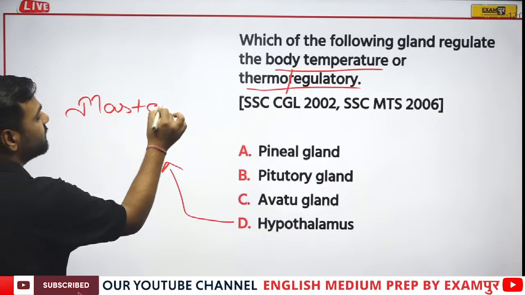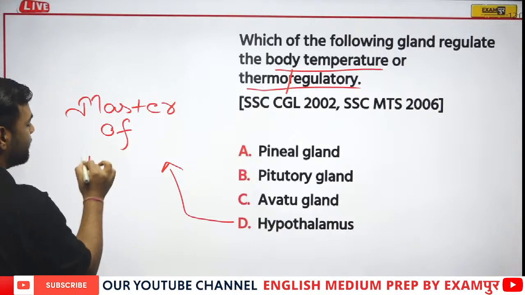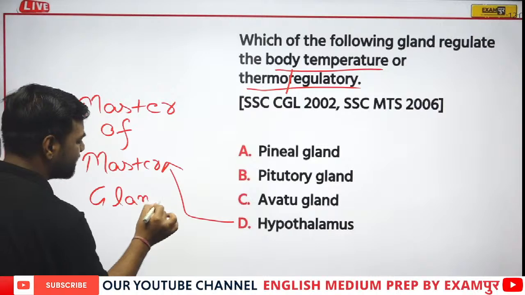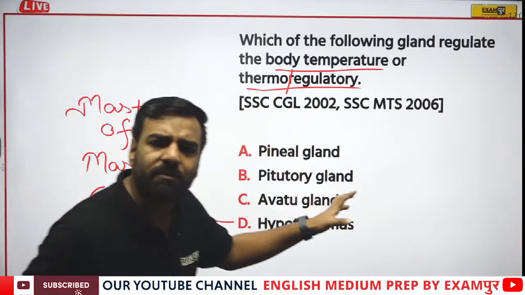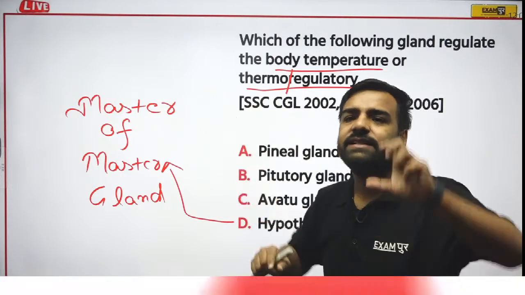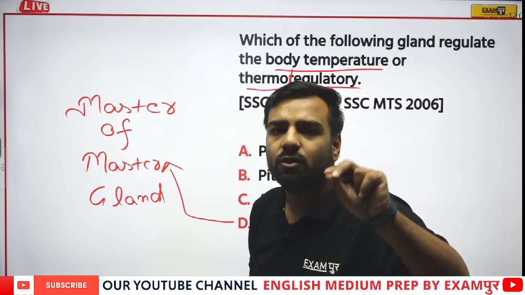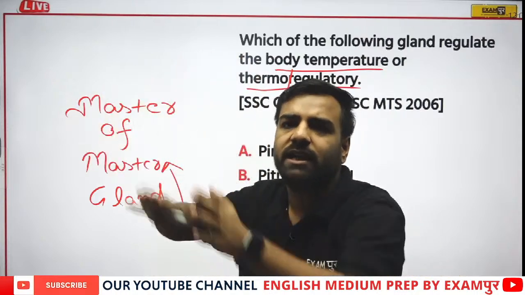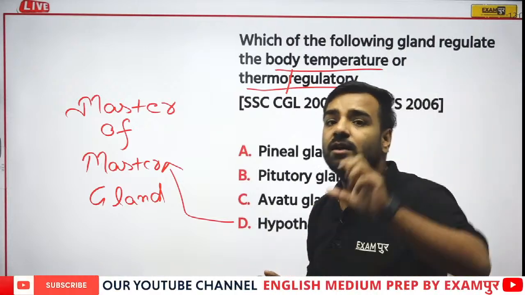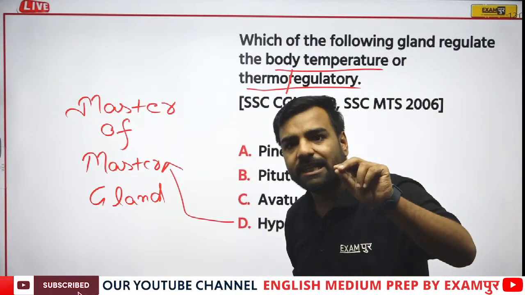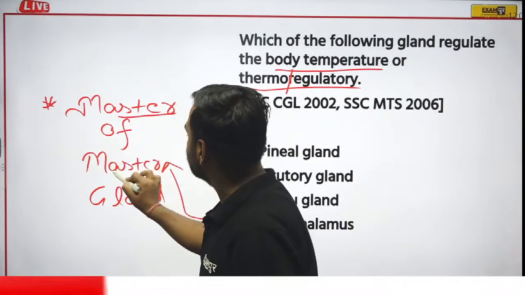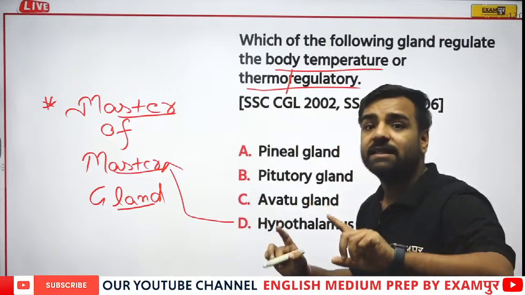Now you must remember this thing. What am I saying? Master of the master gland. Now you must be wondering, sir, what? You're talking about the master of the master gland. What is it? We were discussing which was the master gland. Let's see who gives this answer. Who is known as the master gland? Now, which of the following glands is the master gland? So you have four options over here. Let's see who will give this answer. What is the master gland? Now, why am I keeping this question? Because there's a difference between the two. We are talking about the master of the master gland over here, and I'm asking about the master gland.